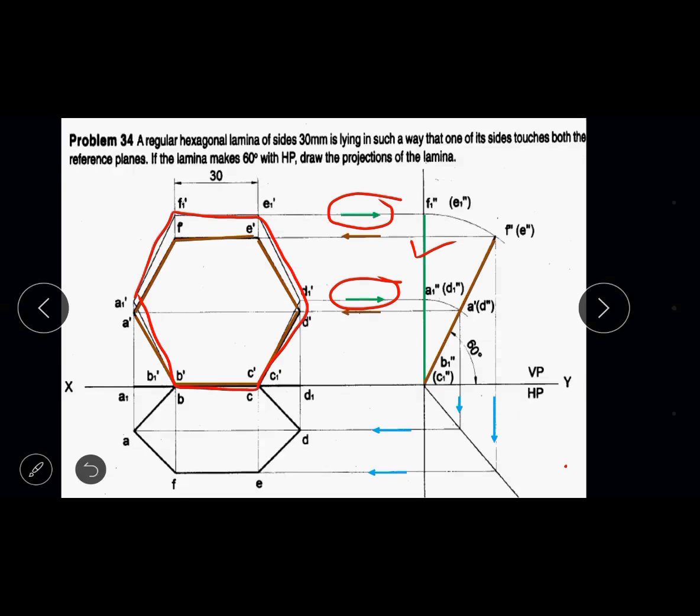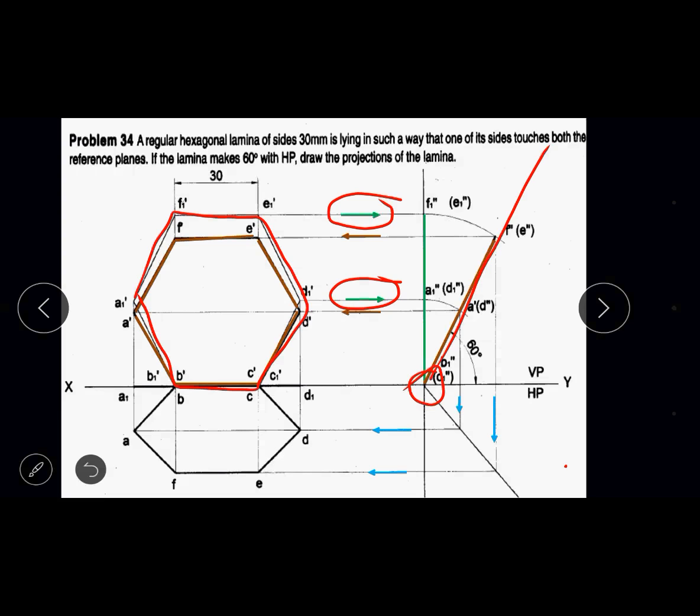Then after that, the next step is, from this side view, from the green line, okay, before that construct this 60-degree line. You can see the 60-degree line, brown line I have constructed, because in the side view you can find the HP angle. You can find the HP angle even in the side view. So when the lamina is tilted 60 degree to HP, the side view of the lamina will be in the form of 60-degree line. So first, in the side view on the right side from the point of origin, consider 60-degree line of some dimension.